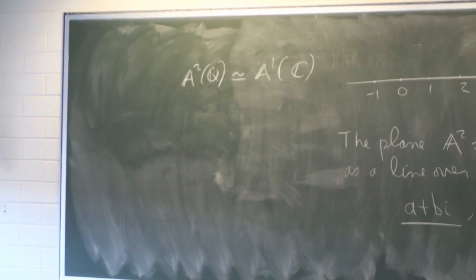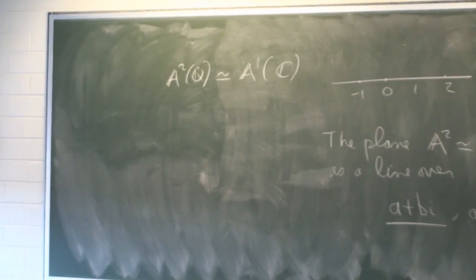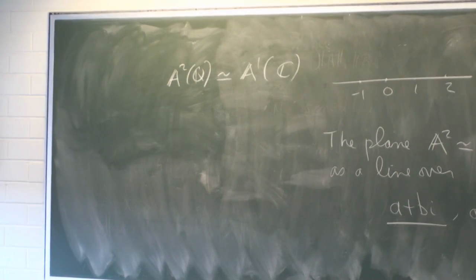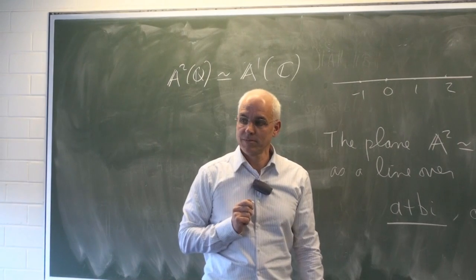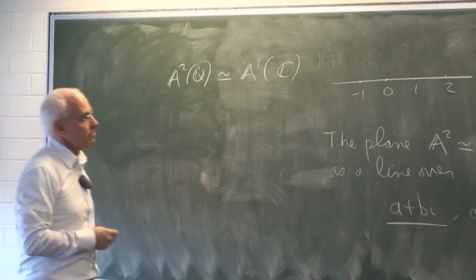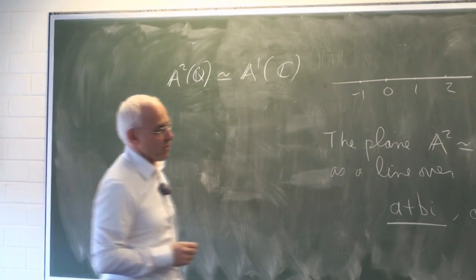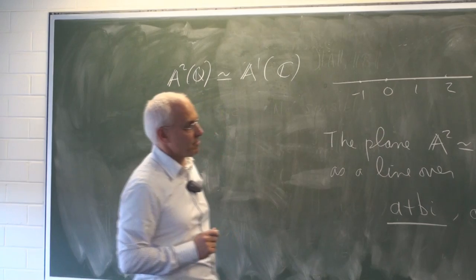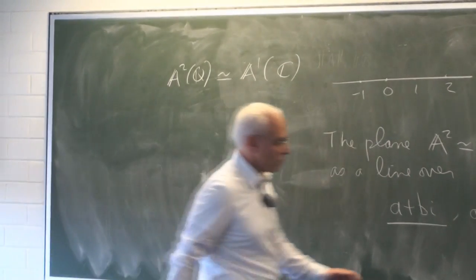So this gives us another way of thinking about the plane. And it's a very important alternative way of thinking, that the plane can be thought of either as a pair of rational numbers or as a single complex number. And we'll see the importance of that as we carry on. But I just want to flag that now. All right, now let's turn to